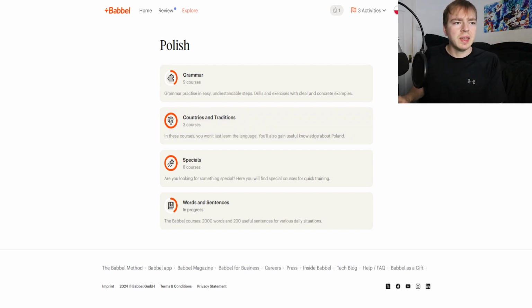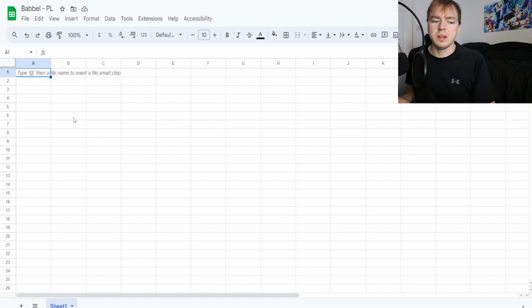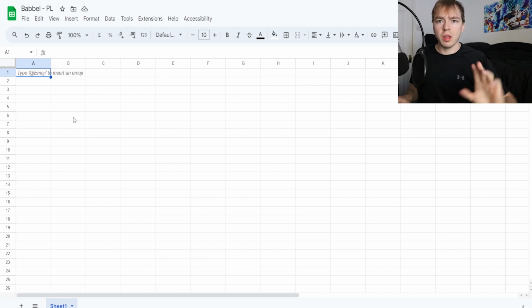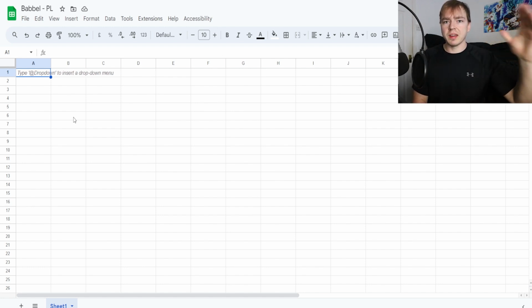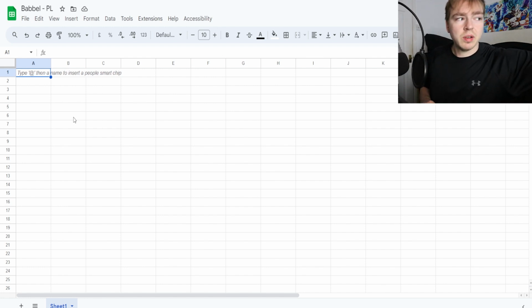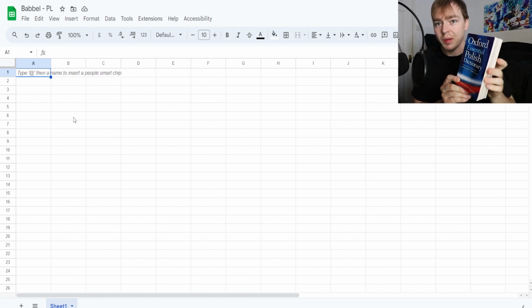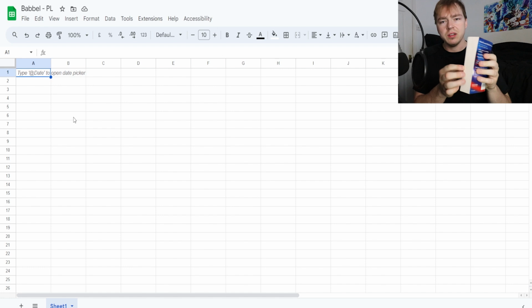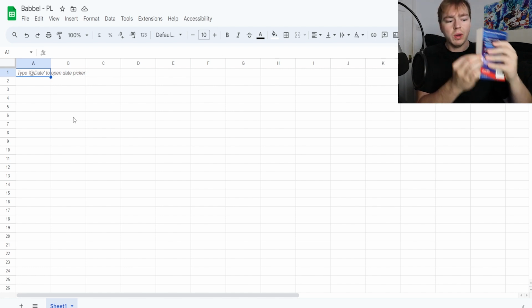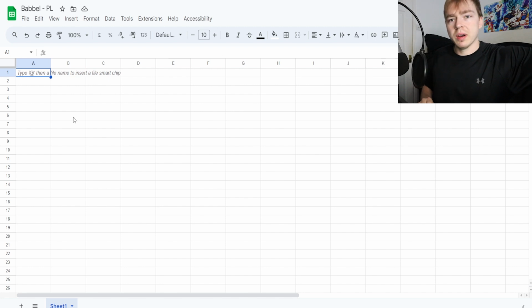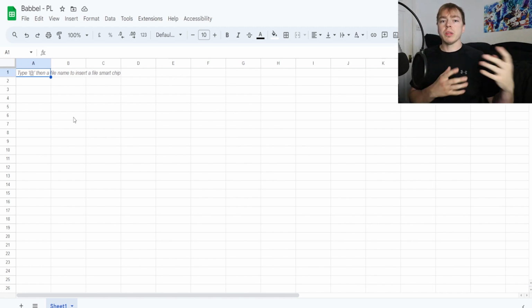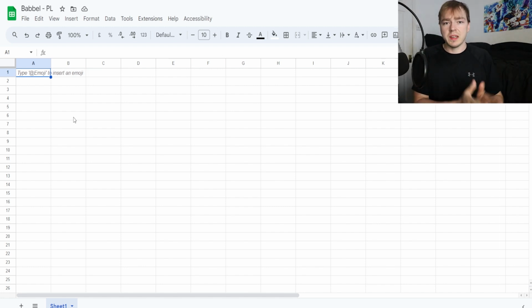But yeah, I'm just going to put that down here, and the reason that I'm doing this is because it's a better way to visualize your language learning progress on a particular device, or in this case on a particular app. You could do this, for example, if you're reading a book. So if you've got a book, and I know this is a dictionary, but imagine it's a book. If you've got a book and you're 10 pages through or 100 pages through, you can mark them off as green as you go along, and it's another way to visualize how far through a particular thing in a language you're currently doing.